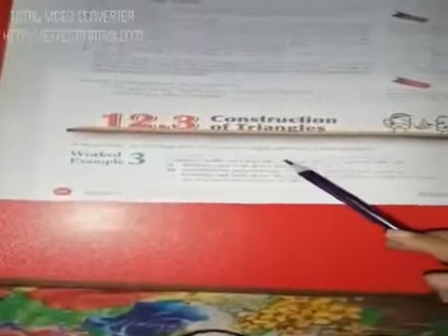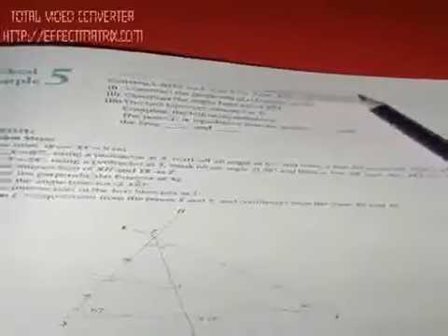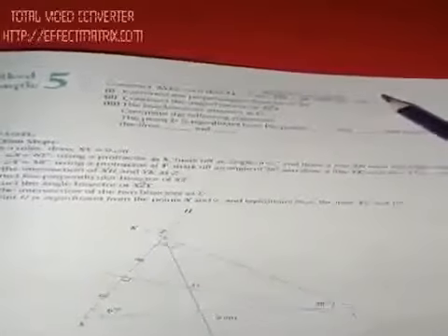Now, dear students, there are three cases of construction of a triangle. In the very first case, you will be given two sides and an angle. In the next case, you will be given all three sides of the triangle, whereas in the last case you will be given just one side and two angles of the triangle. So this is our last case. Now we are going to study our first case: construction of a triangle when you are given two sides and the included angle.